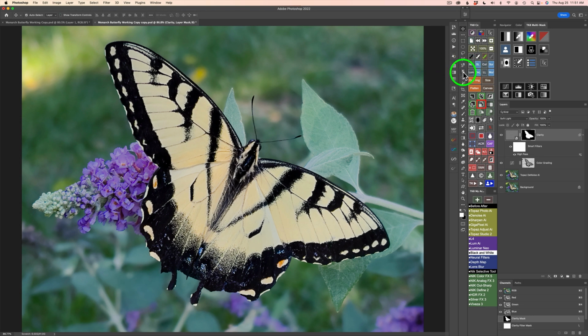So I'm grabbing my object selection tool, holding my shift key down and grabbing these leaves. Now just keep your finger on that shift key and keep grabbing the leaves. You can be very sloppy here. It doesn't really matter. It missed this little spot, but I'm going to grab it here by holding the Alt or Option key down. Now you can go into Select and Mask and refine this,